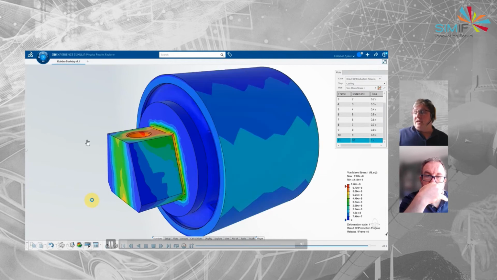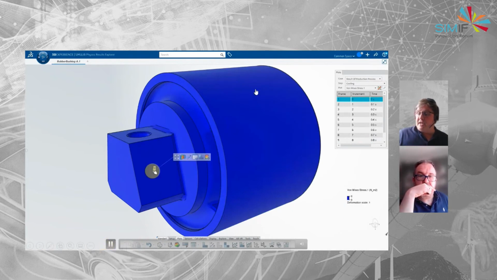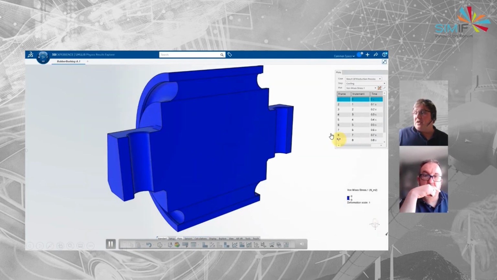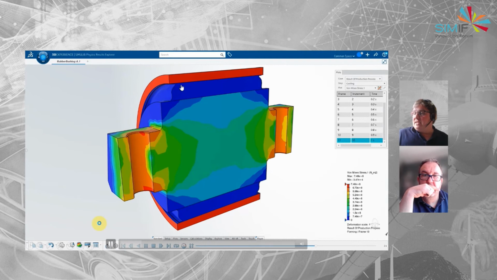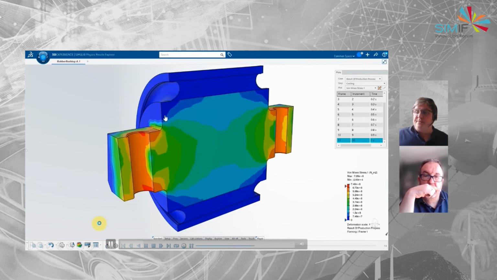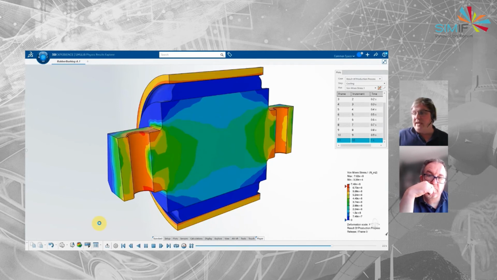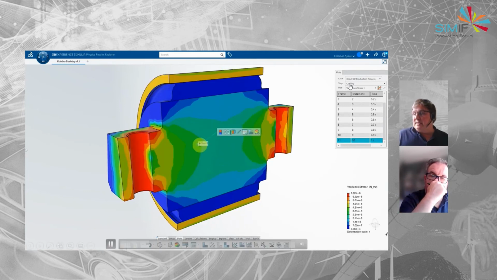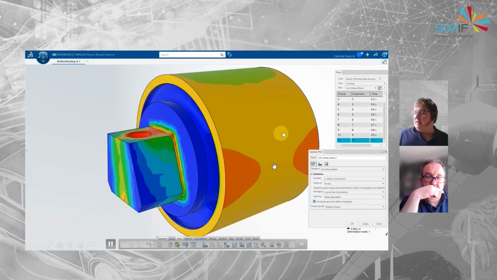You can see that the hub is being put under tension, and then the compression is being applied to the outside of that ring, that 2 millimeter compression. So if we look here and here, we can see the deflection that's being exerted onto the rubber in there, and how it's going to be releasing the tension within that rubber.